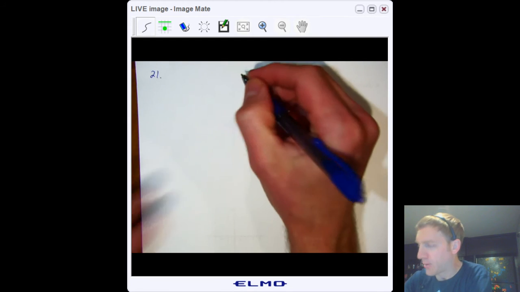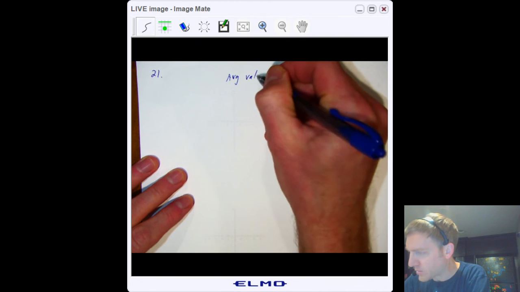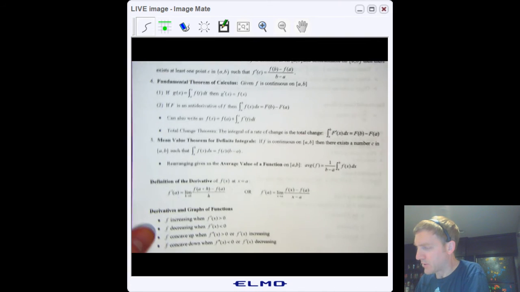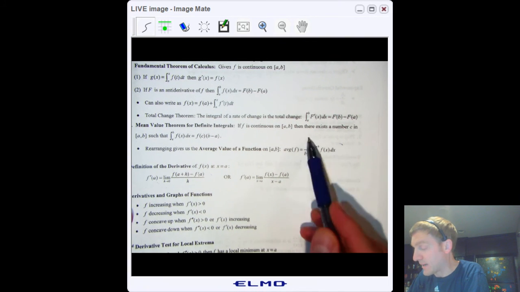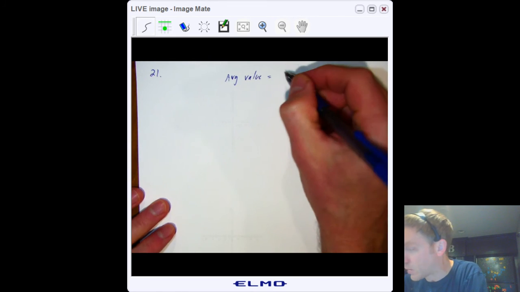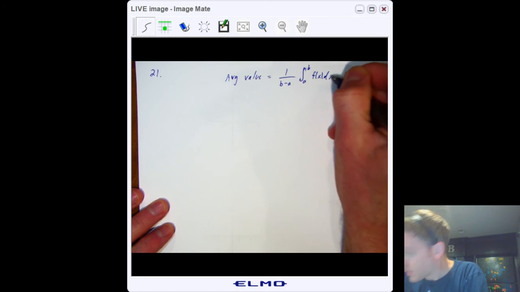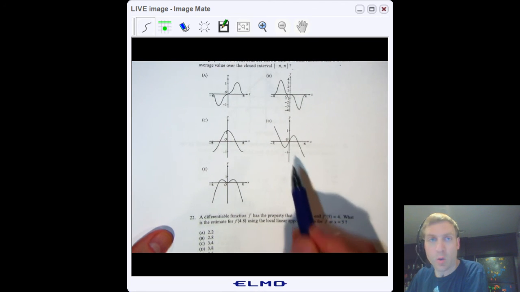So how do I find the average value of a function? That's one of those formulas you need to know. Again, it's on your stuff-to-know sheet somewhere right here. Average value of a function is 1 over b minus a times the integral from a to b of f of x dx. That comes up on your free response as well. So it wants to know which one on that interval, negative pi to pi, will have an average value